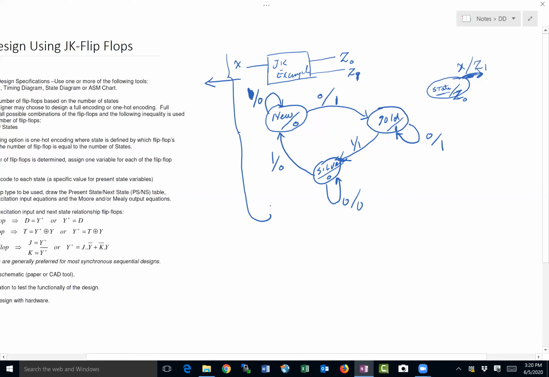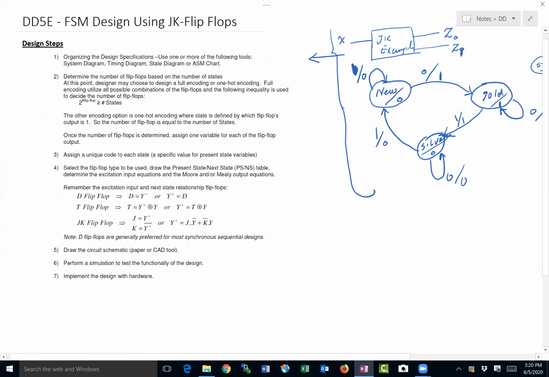So this is basically step one. You talk to your customer, you've got a state diagram and a system diagram, so you understand what the inputs and outputs are and how the insides are supposed to be working on this device. Then you say, okay,